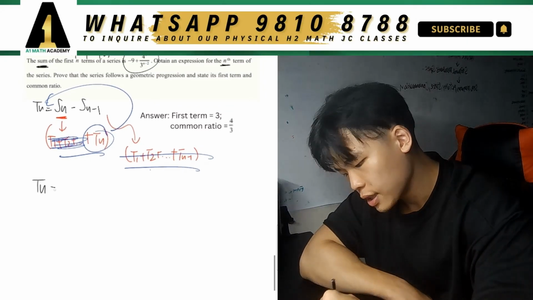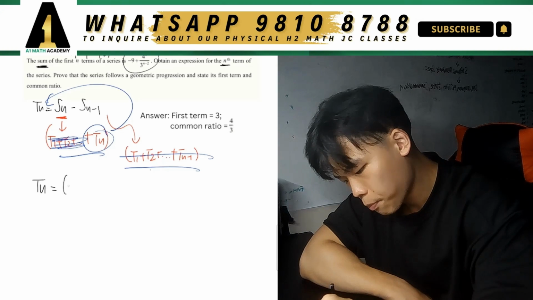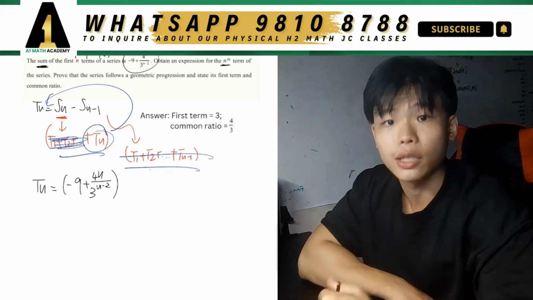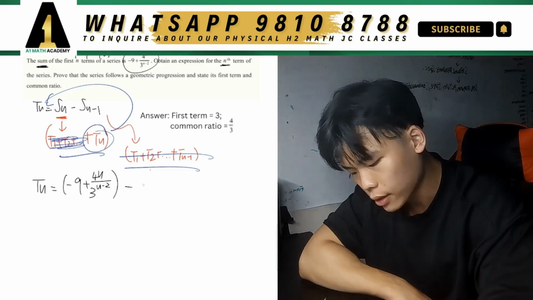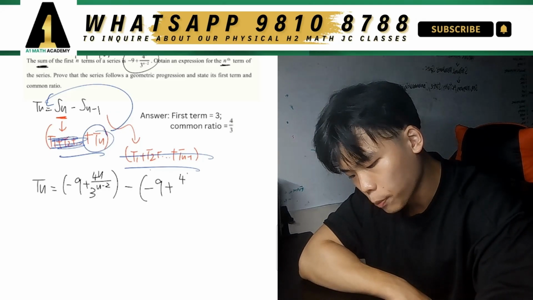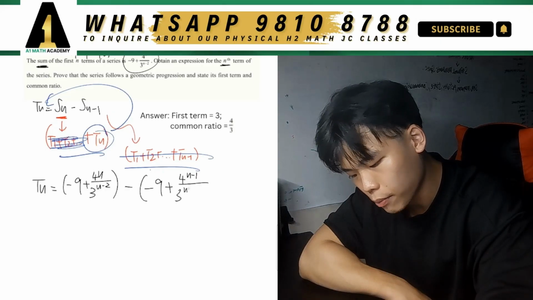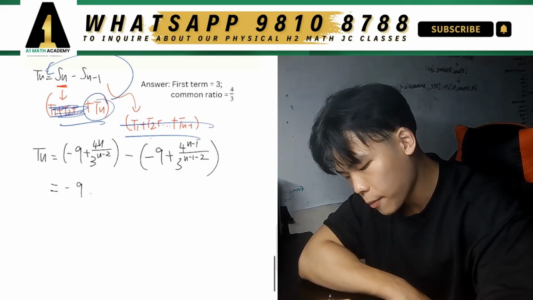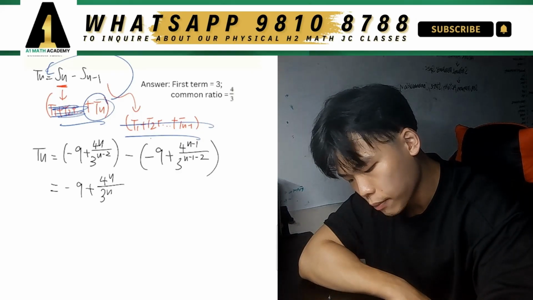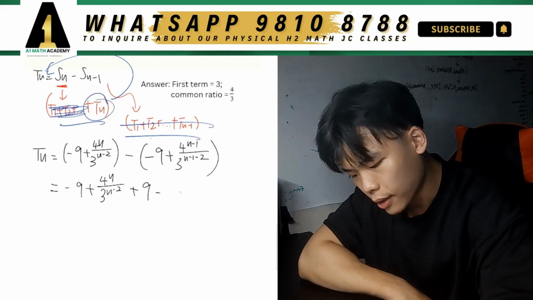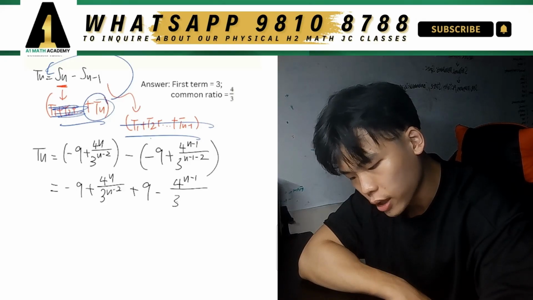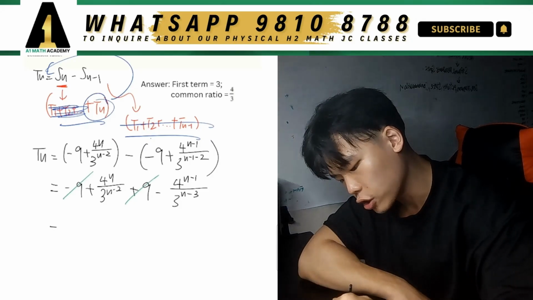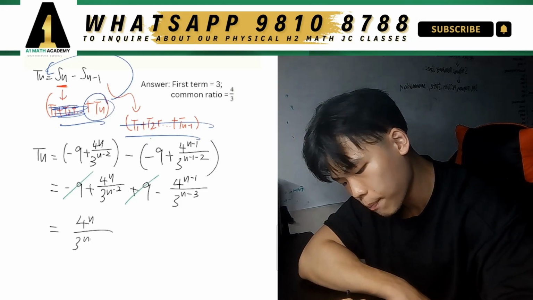So Tn is basically Sn, which is minus 9 plus 4n over 3n minus 2. Then I need to minus away Sn minus 1. So I minus away minus 9 plus 4 to the power of n minus 1 over 3 to the power of n minus 1 minus 2. Then I first simplify this. So I get minus 9 plus 4n over 3n minus 2 plus 9 minus 4n minus 1 over 3n minus 3. Now note that these two strike out,